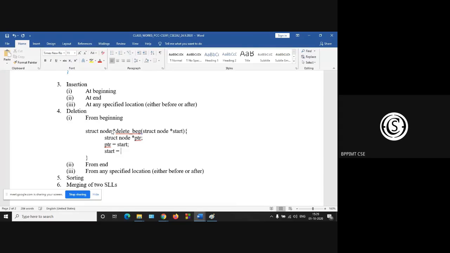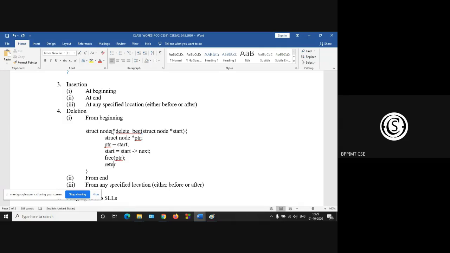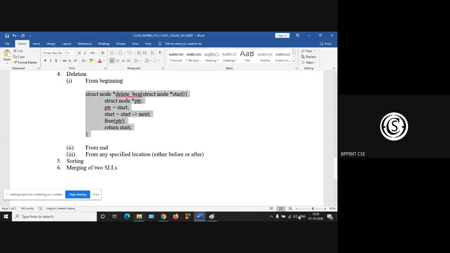So start is equal to start arrow next, and then free the temporary pointer, free ptr, and finally return start. So this is the function for deletion.